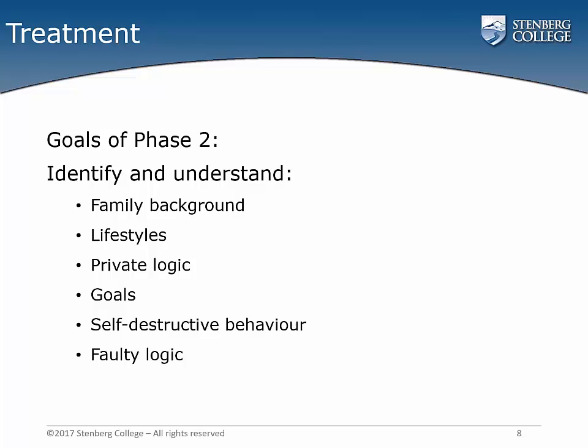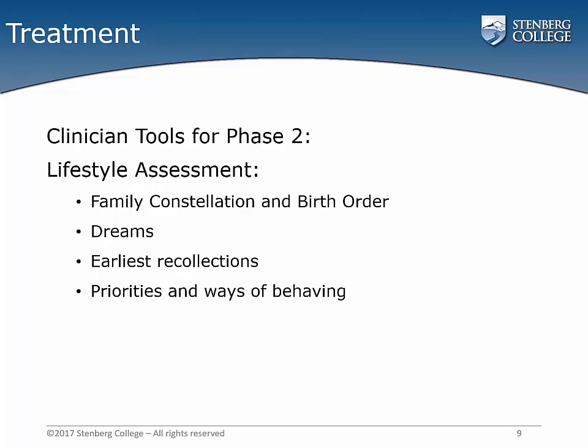So within phase two of Adlerian therapy, we are seeking to identify and understand our client. The goals of this phase involve gathering and understanding information around family background, lifestyles, private logic, which we've come across already, goals, self-destructive behavior, and any faulty logic. So one of the characteristic features of Adlerian theory and practice is a clinical tool called the lifestyle interview. Adler had more than a few assessment instruments in his repertoire. The lifestyle interview is a semi-structured process that takes place over 3 consecutive sessions, and it consists of 10